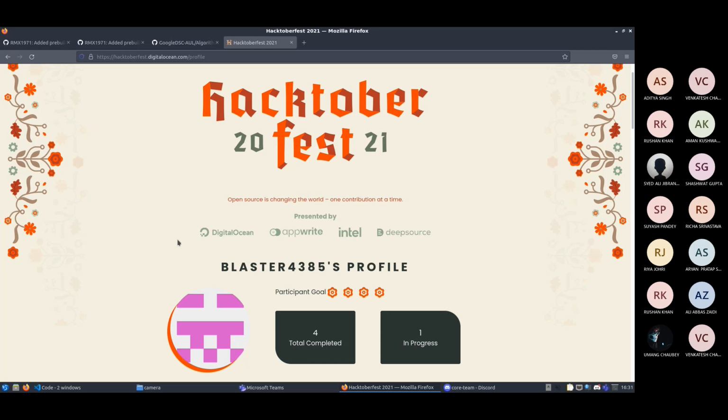Once you successfully complete those 4 pull requests, the Hacktoberfest guys provide you with a customized t-shirt, or you can get a tree planted in your name. So it's not for the t-shirt, it's not for the tree plantation, it is basically a celebration of open source and to promote open source contributions.